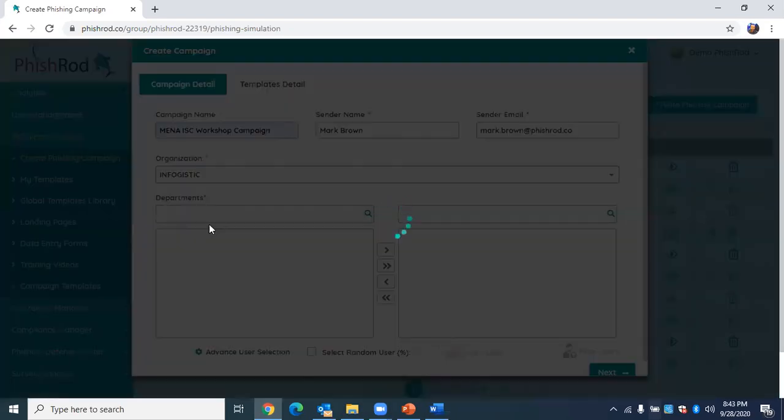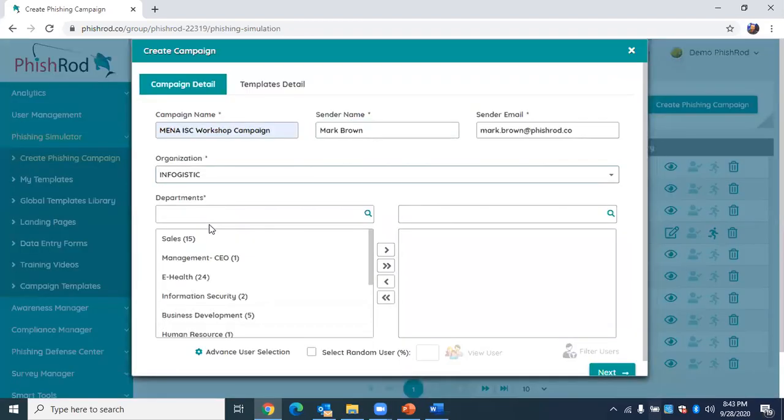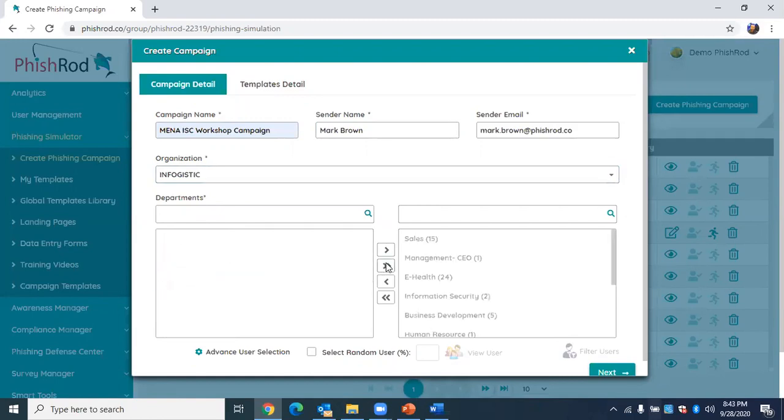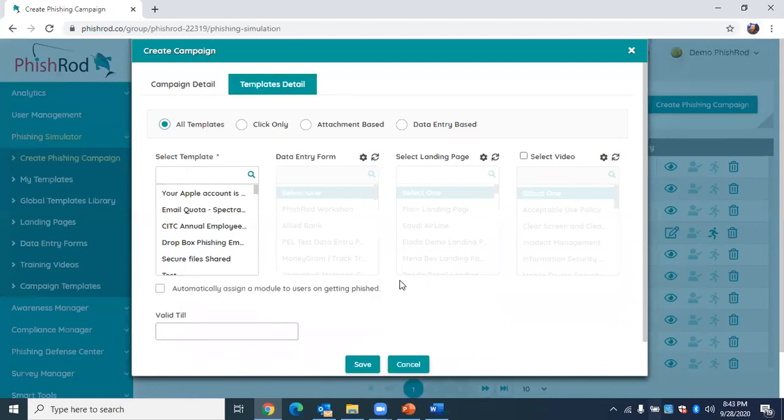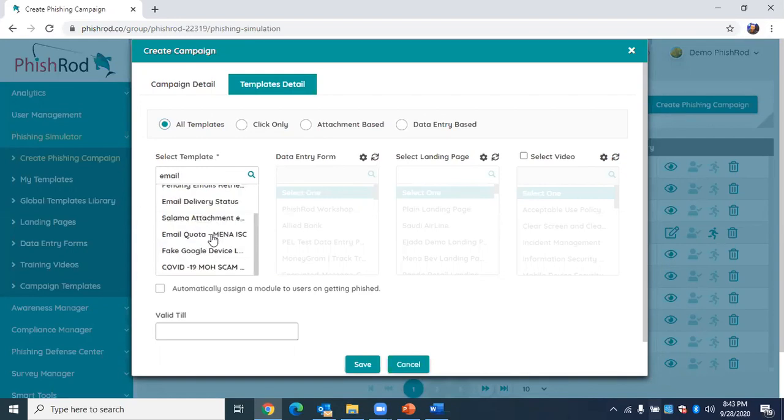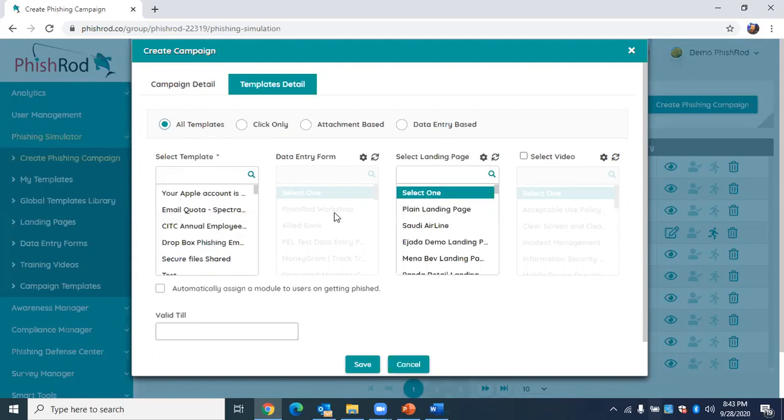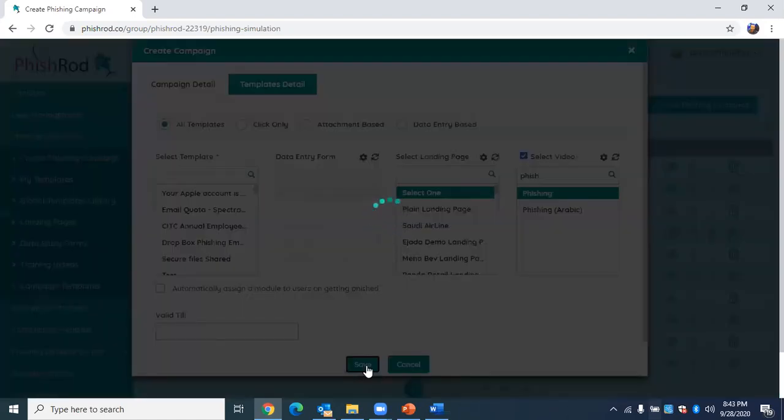So all you need to do is select the users from that organization, then select the departments that you have, and then ultimately select the template. Once you have the template ready, we can just select the template that we created. So this is the template that I created. Landing pages you can develop on your own, and you could also select a video for awareness that can be instantly provided to the end users. So once that campaign is ready, all you have to do is